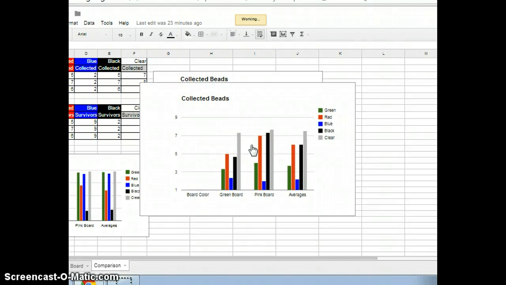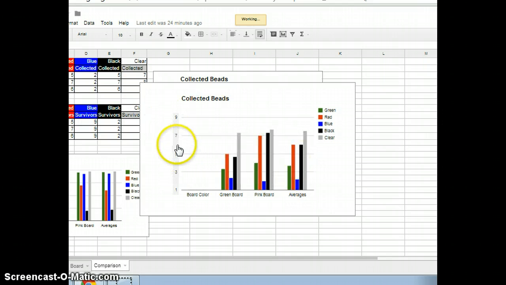Today we're going to learn how to make a chart in Google Spreadsheets. Of course, you have to be signed in to your Google account and access your Google Drive. So once you're there and you have some data collected already, we're going to be using the data we collected during our natural selection lab the other day, and we're going to help analyze that data by creating a chart